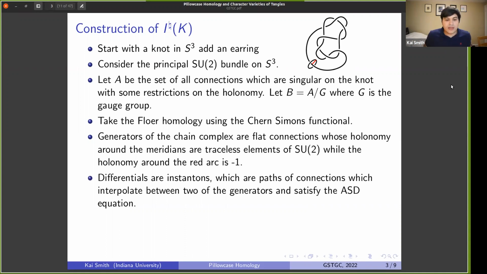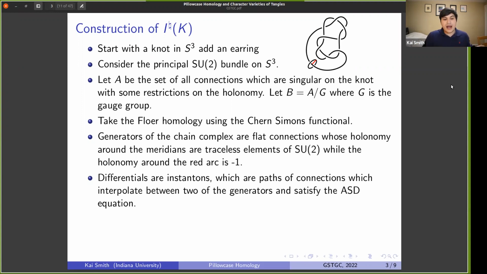Then we want to know what the differentials of the chain complex are, and those are given by something called instantons. And all that is a path of connections which interpolate between two of these flat connections, along with satisfying some PDE known as the anti-self-dual equation. And so, as you can imagine,